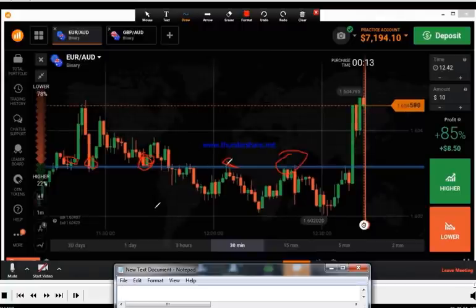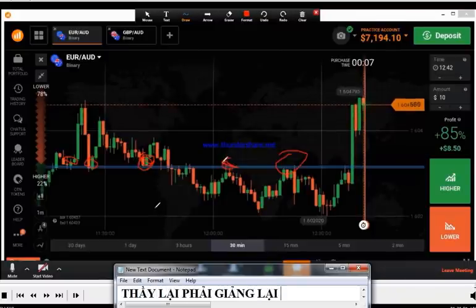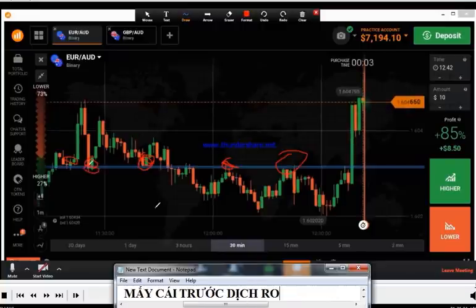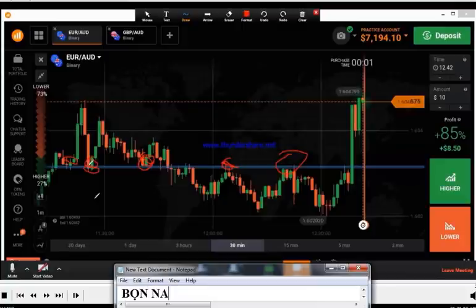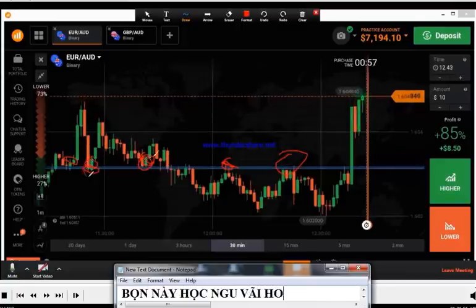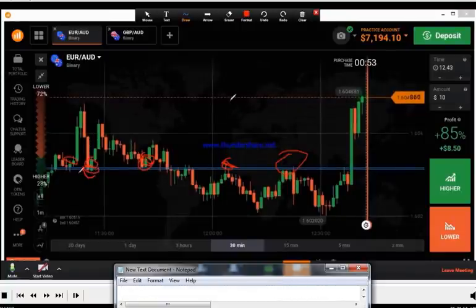You can see here the market touched this level and reversed. If you find the confirmation for the first time, you can trade here also, here also, here also. If you find one confirmation for the first time, you can trade. It's not a problem. But here, sellers were too much strong. How can I know that this level will hold?